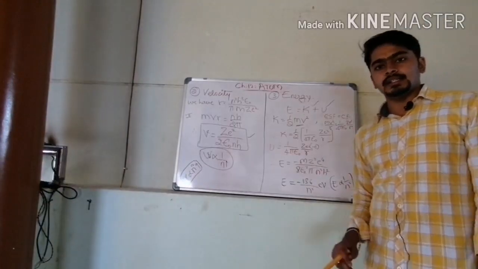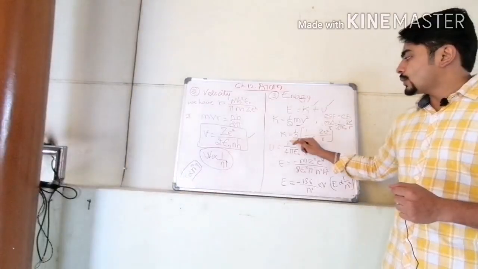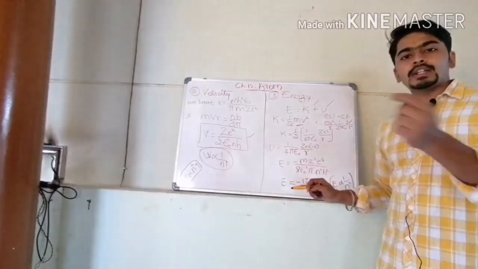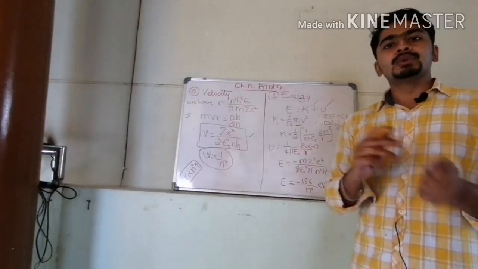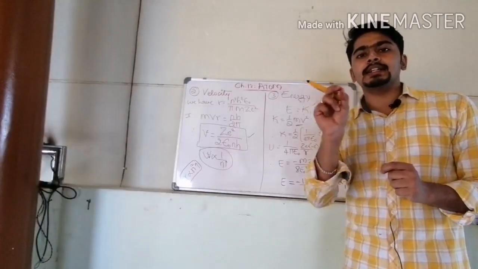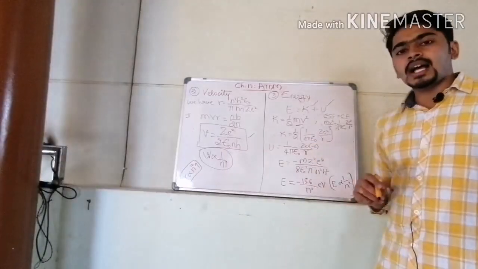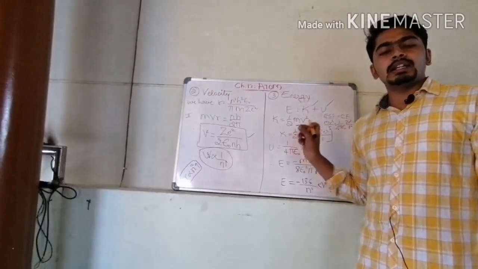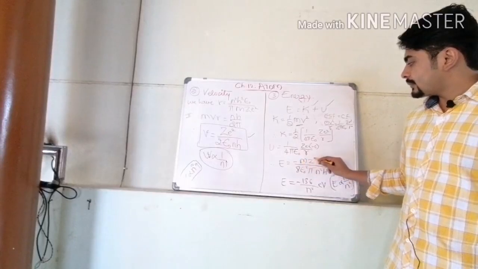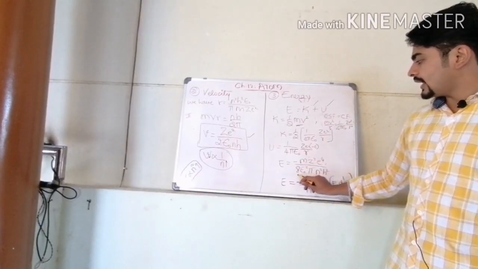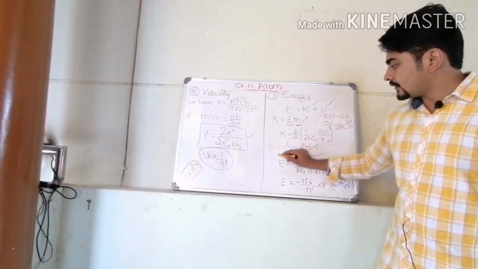This is about the kinetic energy, and we also have to calculate the potential energy of the electron. So potential energy is equals to 1 by 4 pi epsilon naught q1 q2 by r. Here q1 is the charge of the nucleus, that is z into e. q2 is the charge of an electron, that is negative e. It is a negative energy, so minus z e square by r. Here we have to consider the negative sign of the charge of the electron. So minus m z square e power 4 by 8 epsilon naught square pi n square h square. That is the total energy of the electron.